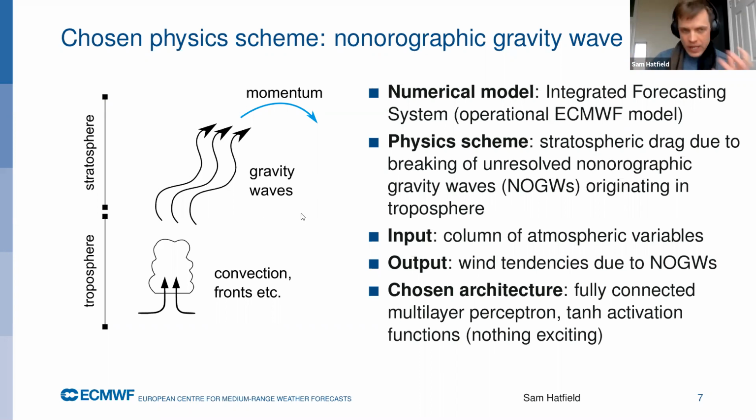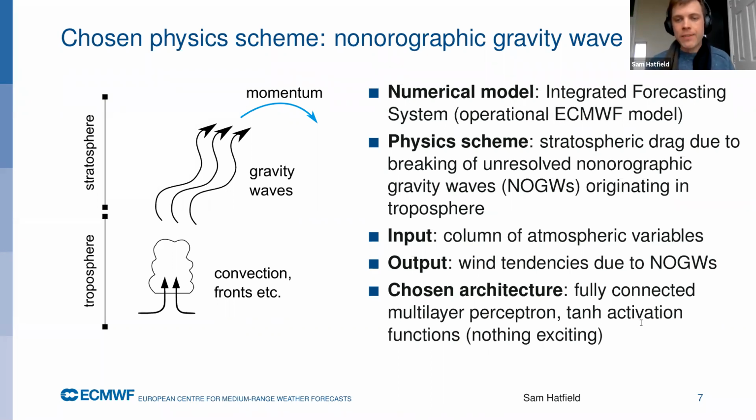And so the input to this physical parameterization routine is a column of atmospheric variables. So there's no consideration of the horizontal, it's all vertical. And the output is a column of wind tendencies at that same co-located point. So we're basically modeling the drag due to these breaking waves. And I'm going to be testing this idea inside our state-of-the-art atmospheric model, which we call the Integrated Forecasting System,